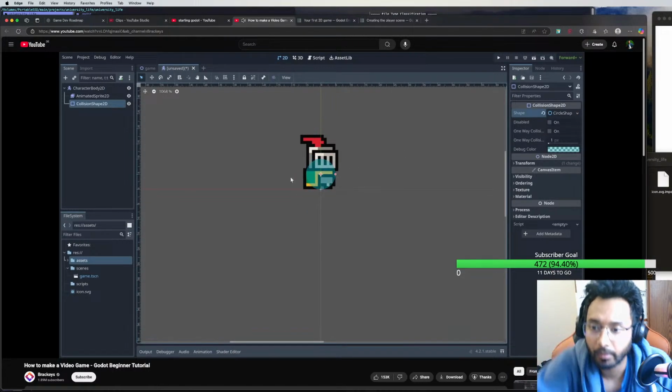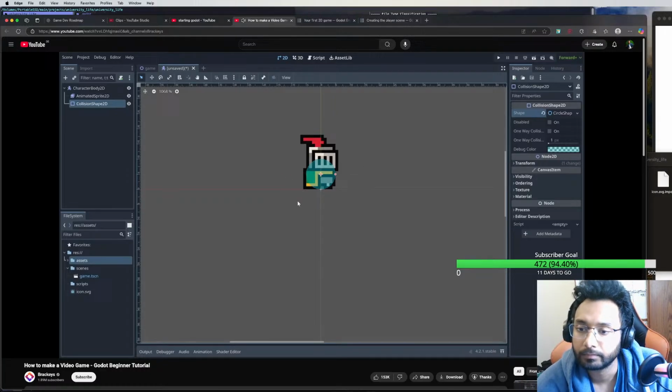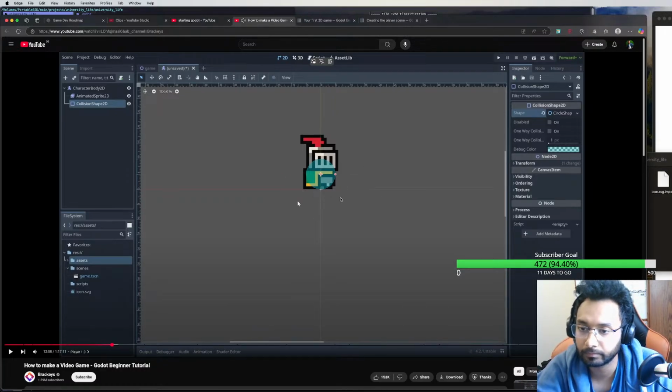Now you're probably thinking, well, this is pretty far from our actual graphics, but that's totally fine. Colliders rarely need to be very precise. And it's a good rule of